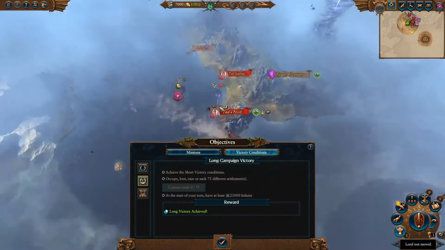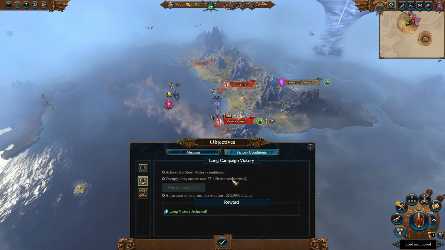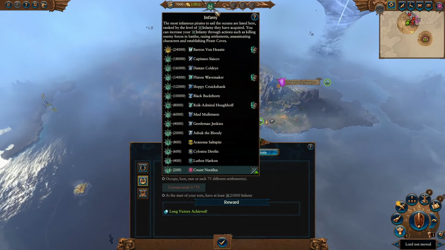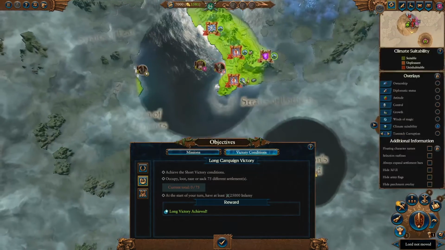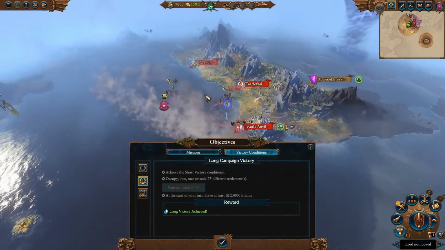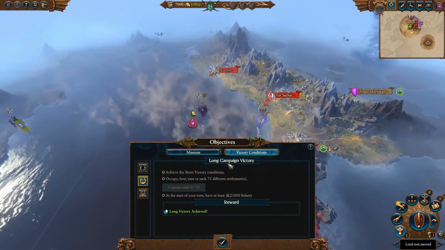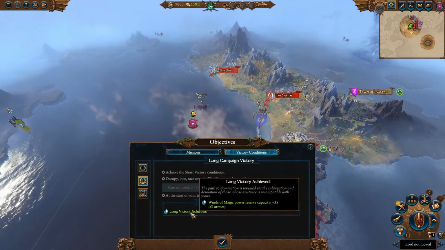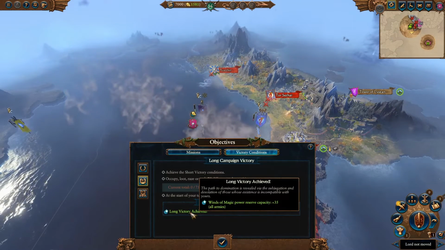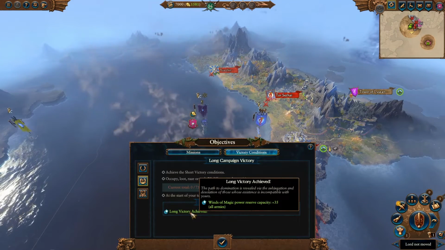Now, for your long victory condition, you need to achieve the short victory conditions, occupy Loot Razor, sack 75 different settlements, and at the start of your turn you need to have at least 25,000 infamy. Again, it's very straightforward. You can just go anywhere with this. You can even ignore the High Elves if you choose, if you would like a different option. So it's very good to make the replay value of this campaign excellent, really. So the reward is plus 35 Winds of Magic Power Reserve for all your armies, of course. Excellent, because the Vampire Coast certainly benefits from that, and you'll get a better bonus